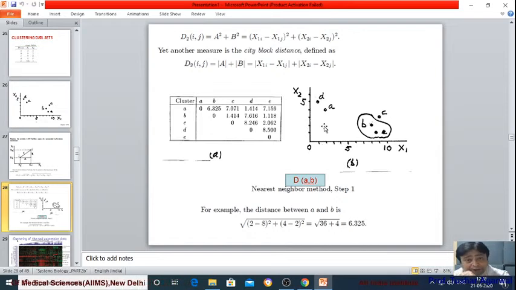So clustering is an efficient way of partitioning the data into different subgroups or subsets, so that gene expressions belonging to a particular subset are similar to each other and much different from the genes belonging to the other subsets. Again, I'm repeating this definition: clustering is a method, a mechanism, or an analytical tool by which you create heterogeneity within your data sets by dividing the data sets into multiple subgroups, subclusters,